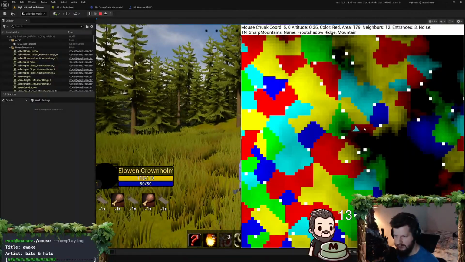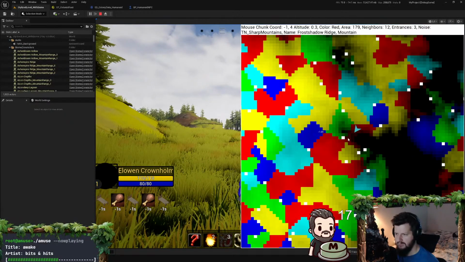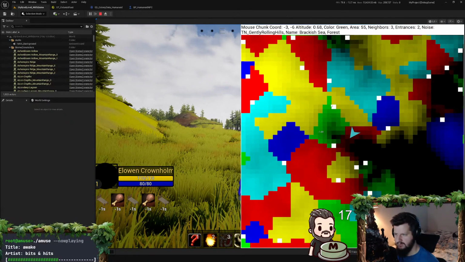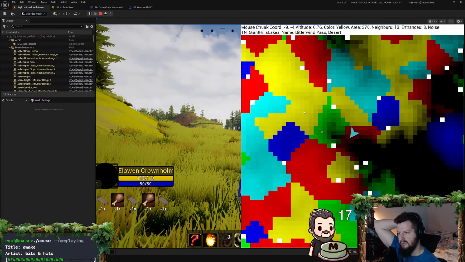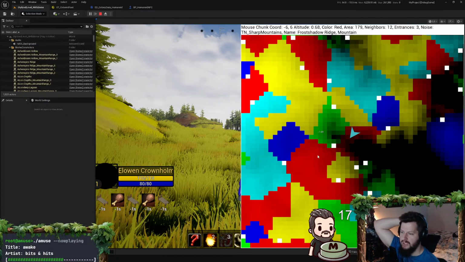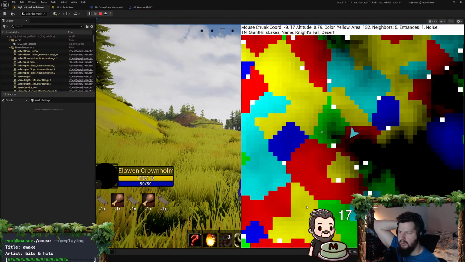And is there any zone entrances here? I guess over there. I'd have to go... So the white dots are entrances, because there's borders around each zone. Each zone has a name as well, so it'll be like a distinct kind of area. This is Bitterwind Pass. This is Brackish Sea, Frost Shadow Ridge, Night's Rest, Redwood Fortress, Cobalt Warrens, Ironclad Peaks, you